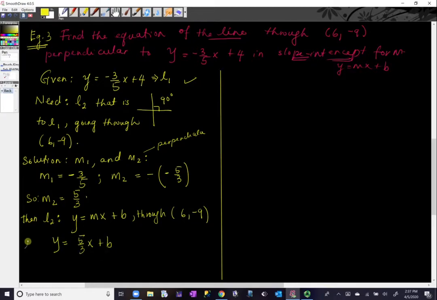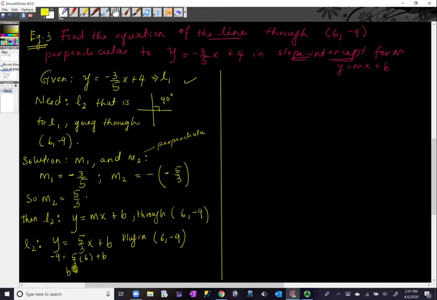This is my new line, remember, nothing to do with line 1 anymore. And all I have to do is plug in 6, -9 into the equation. So I'm going to get -9 equals 5/3 times 6 plus b. So do your math, and you're going to have b equals